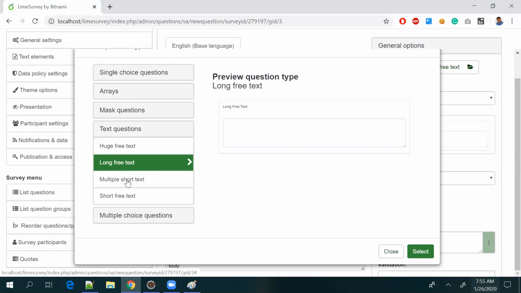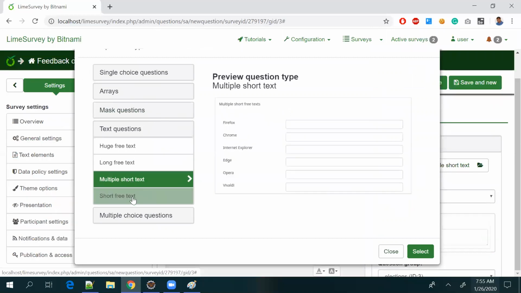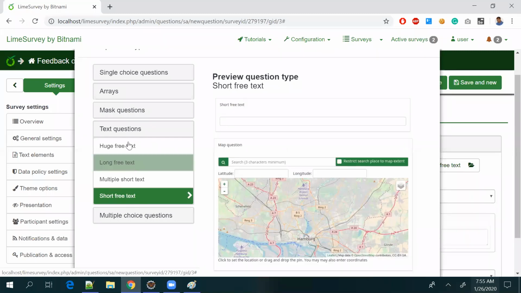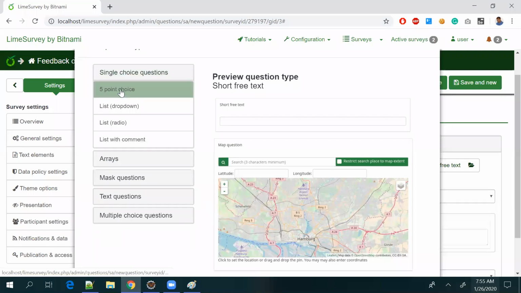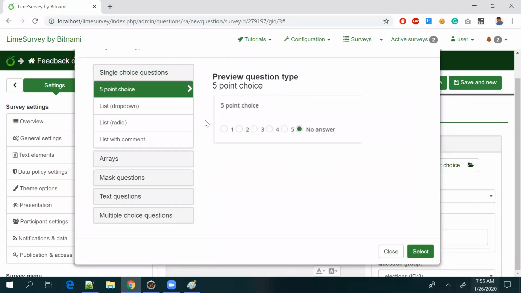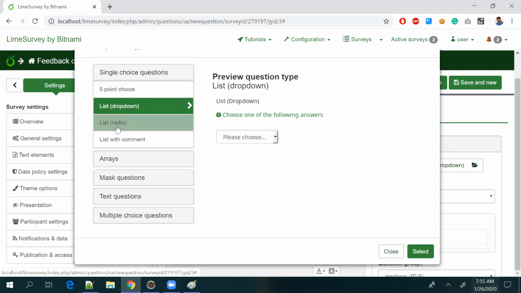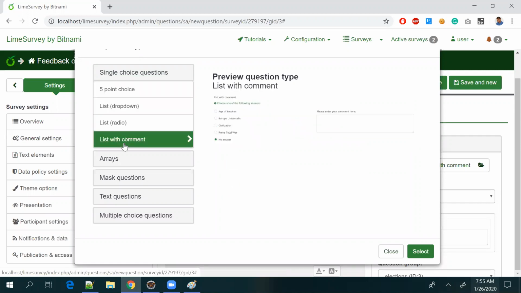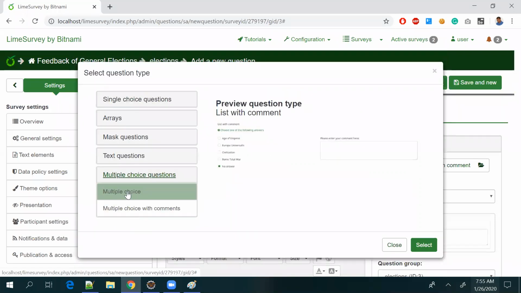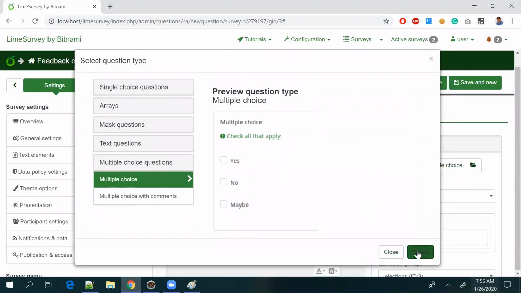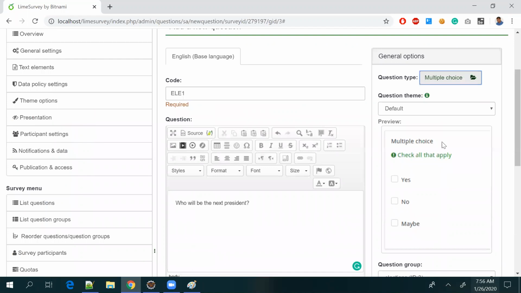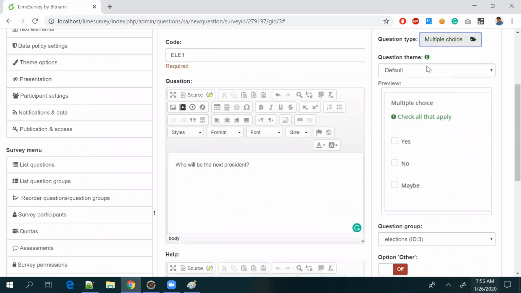That means they can type it. Okay, they can choose like this. There are different types of questions, like drop down, list drop down, radios, and comment. There are different kinds of questions you have. You can select any type. Now when I select multi choice, then you can choose like